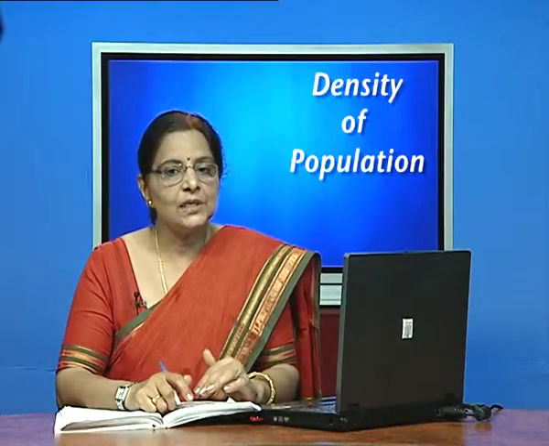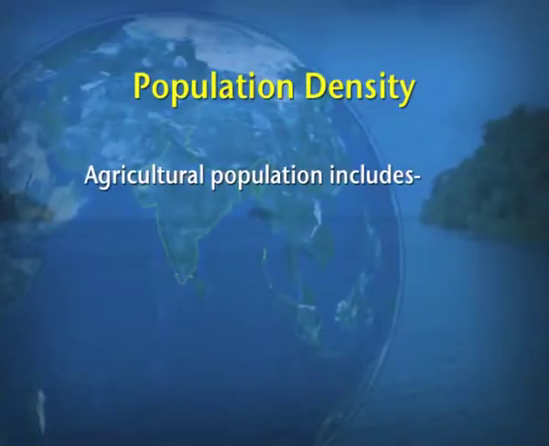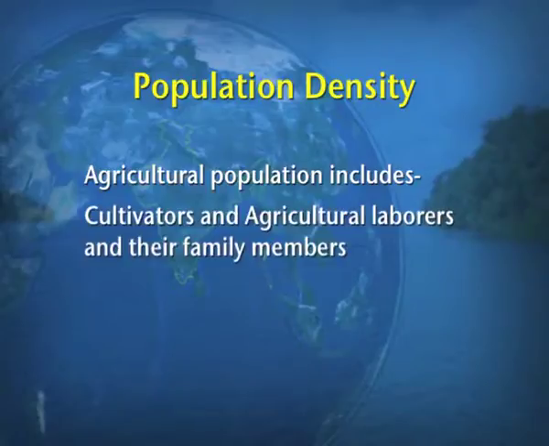Now, the question is, what is the total agricultural population? The agricultural population includes both the cultivators and the agricultural laborers, because laborers also work in the agricultural fields and they are also known as the agricultural population. So, when we take up the total agricultural population, we take up the combined population of the cultivators as well